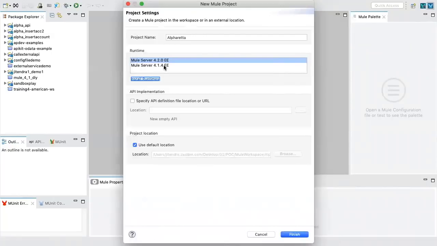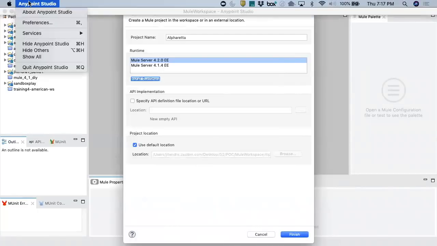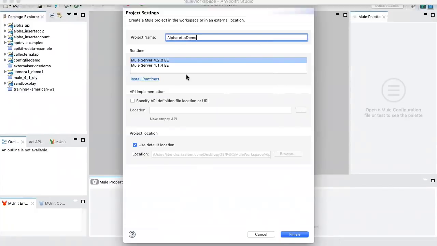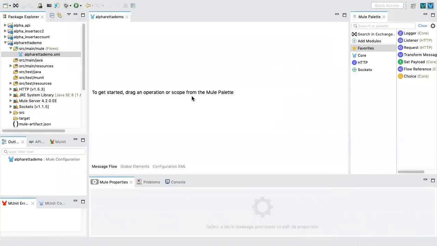Actually, sorry, my bad. Don't use the word Eclipse. It's Anypoint Studio. You only download Anypoint Studio, and you have everything with you. Okay. So for Alpharetta, I will say demo. That's it. You can see a lot of options. We are not interested in those. Finish. Okay. Now,